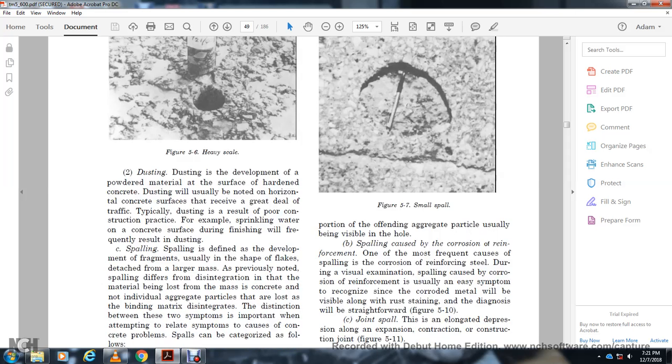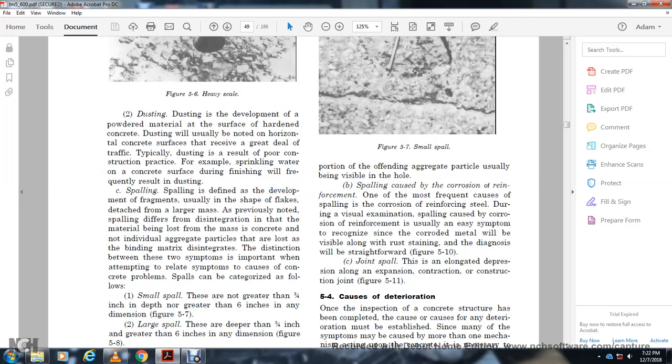Dusting is the development of a powdered material on the surface of hardened concrete. Dusting will usually be noticed on horizontal concrete surfaces that receive a great deal of traffic. Typically, dusting is associated with poor construction practices. For example, sprinkling water on the concrete surface during finishing will frequently result in dusting. Spalling is the development of fragments, usually in the shape of flakes, that detach from the larger mass